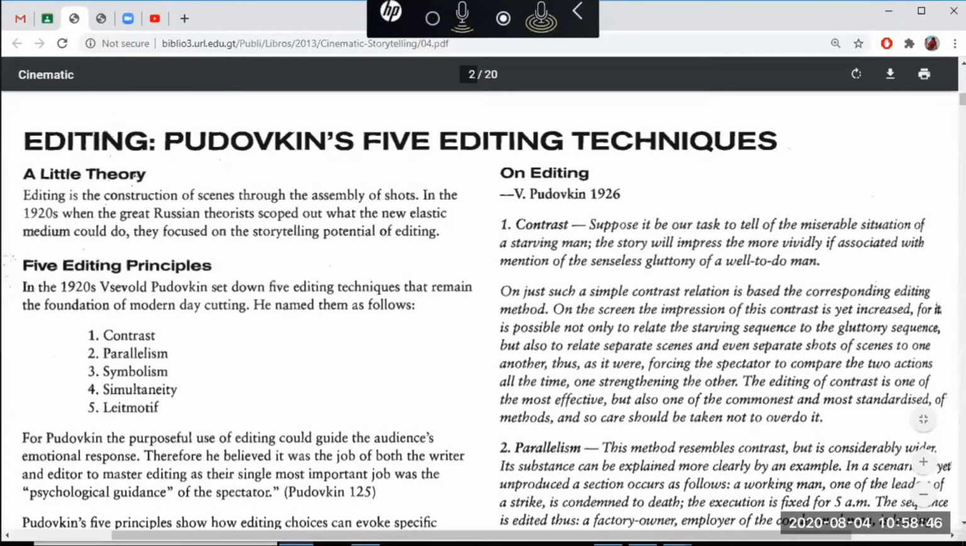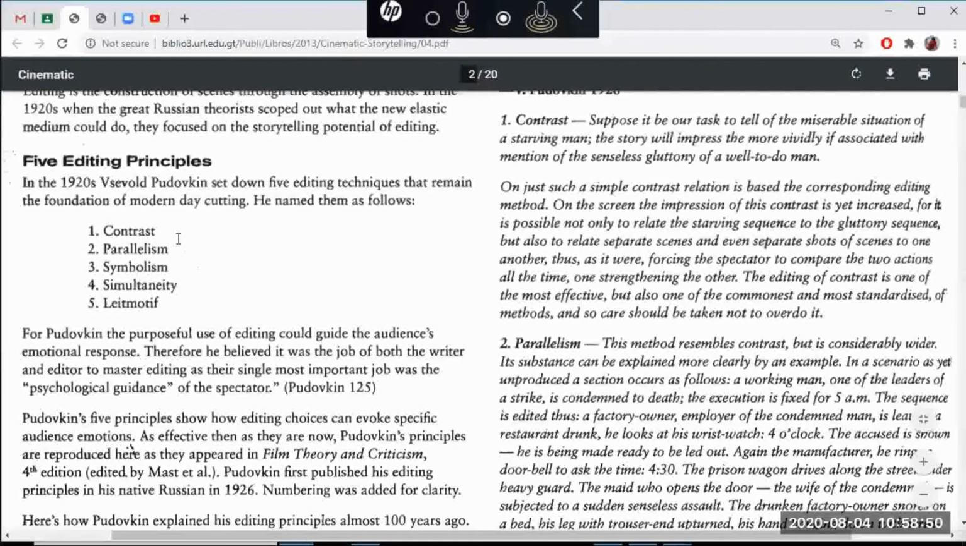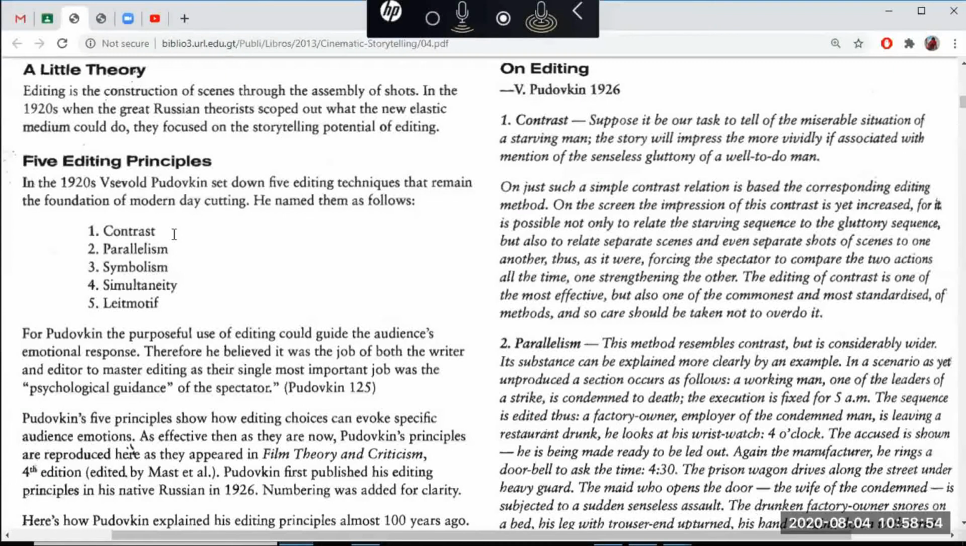So it says that Pudovkin mentions 5 editing principles. They are contrast, and I think we just noticed what contrast means in terms of images. We could see happiness and sadness in the same scene. We could see life and death in the same scene. So contrast is